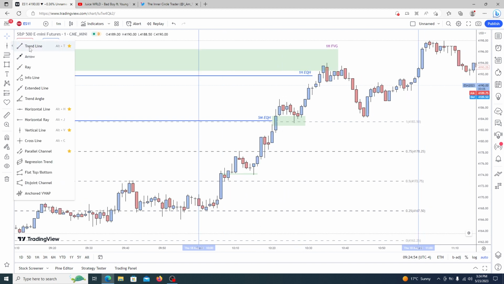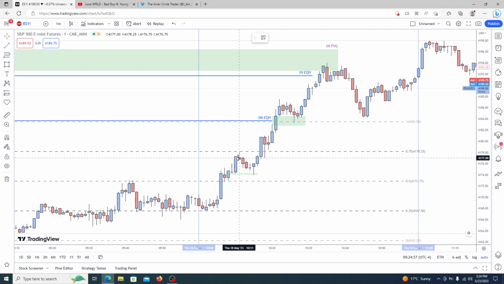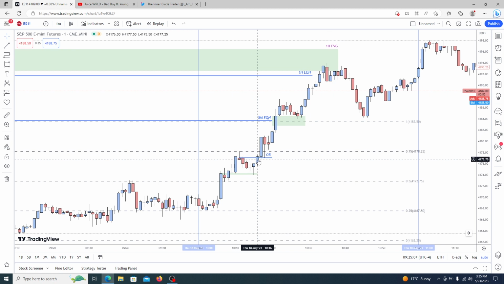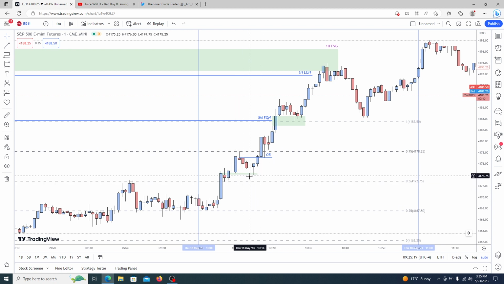Looking at that, I would have wanted to see price failing this order block. I would not have wanted to see price respect that. I would have wanted to see it fail, break market structure, give me a fair value gap, classic 2022 ICT model,